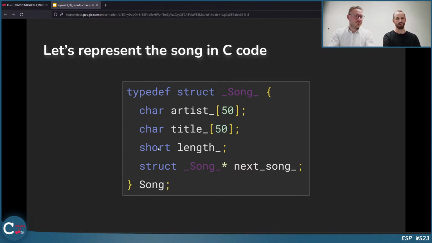I have a question here. Do I need this star next song? So would it be possible to write struct song next song? It's not a pointer. That's a good question. Actually, no. Because we get in trouble, and the compiler will also tell us that, since then we have this kind of a recursion, because the compiler doesn't know how much memory should be allocated. That's the reason why we have to use a pointer here, because the compiler knows this is 8 bytes. And this is the reason why we just can't use it here.